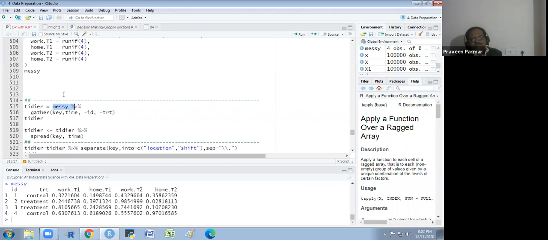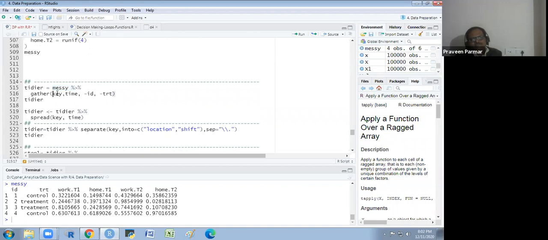So I am gathering here. Key is a new column, and in key I will get all of these: work T1, home T1, work T2, home T2. But I don't want to do anything with the ID and the treatment. They should be the same, so I'm making them negative there: minus ID and minus TRT. They should not be gathered like that.